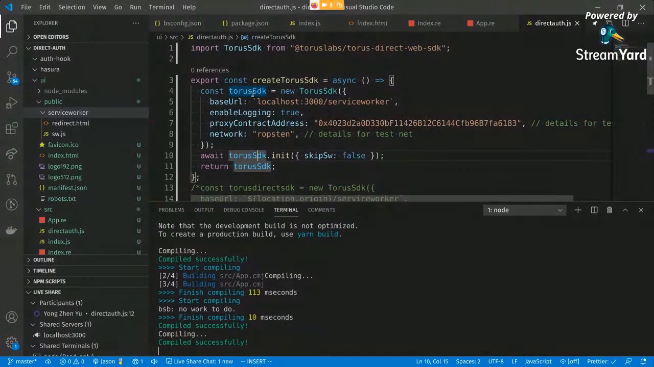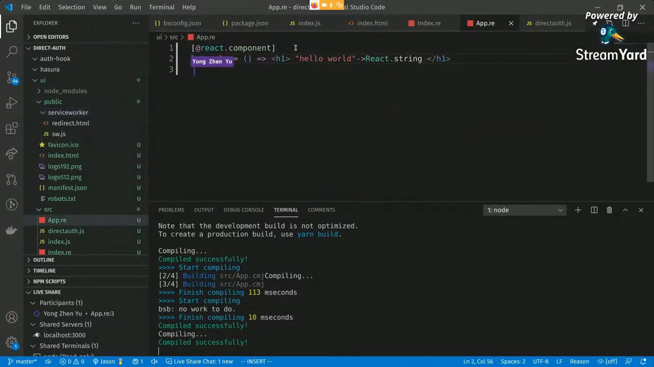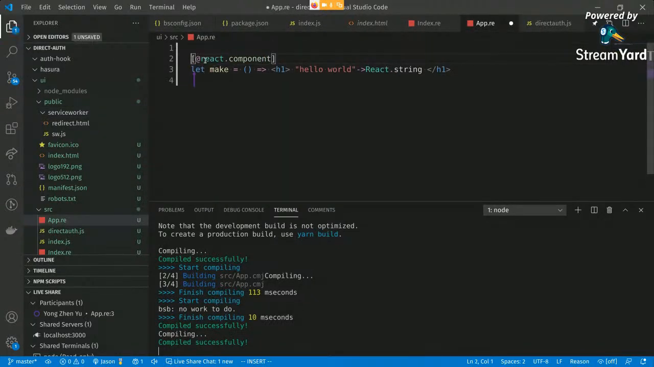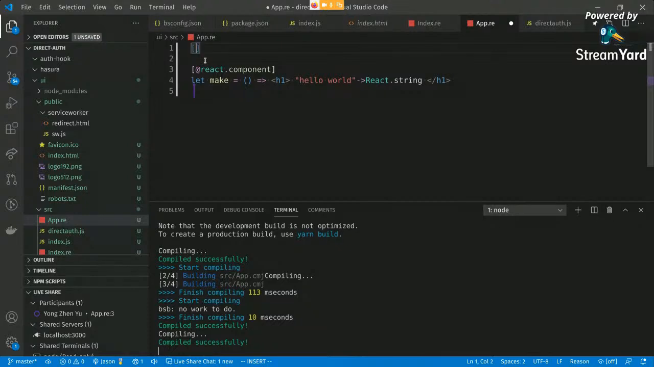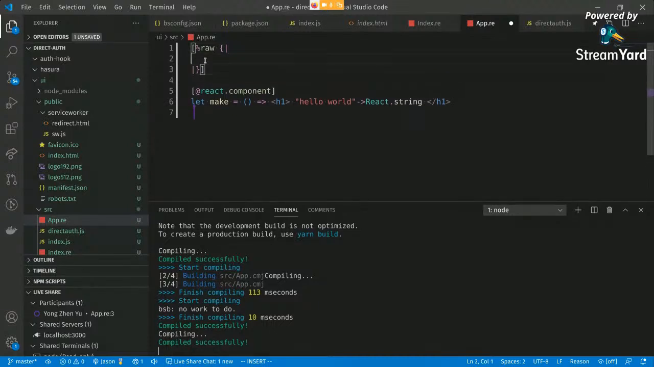Next step, we can actually just import this into app so we can use it. Maybe because I'm on a live stream, I'm gonna do this. This is not good Reason code, by the way, anyone watching. This is lazy person's Reason code, which is very reasonable for a lazy person. Exactly. So let's say get